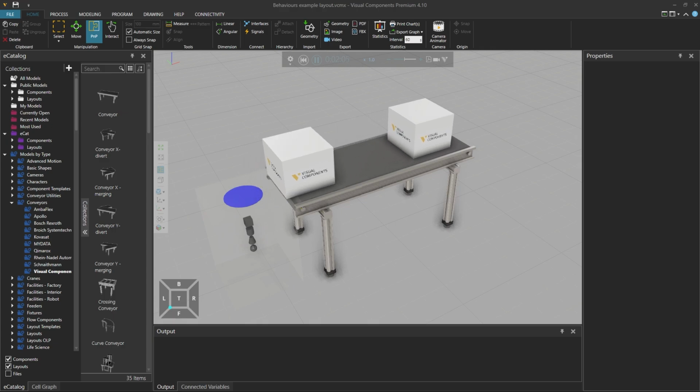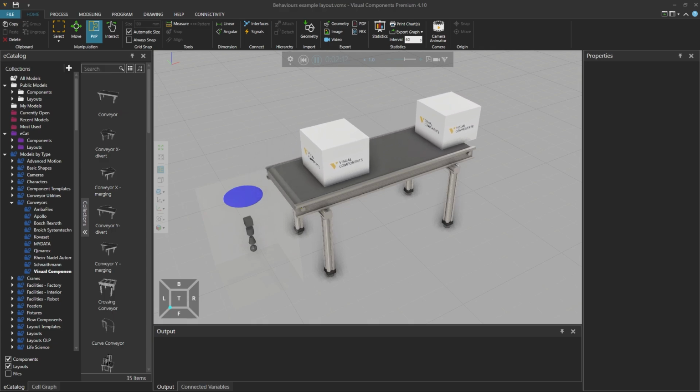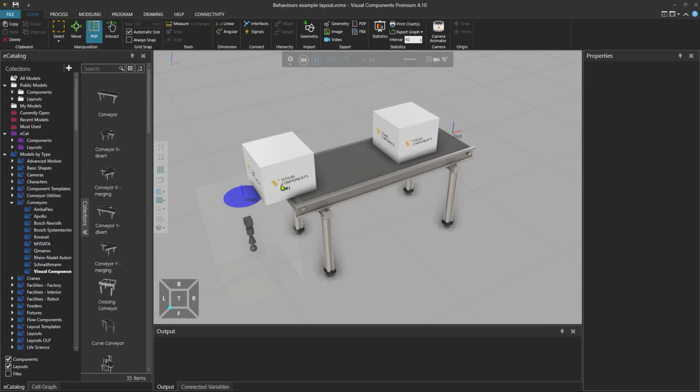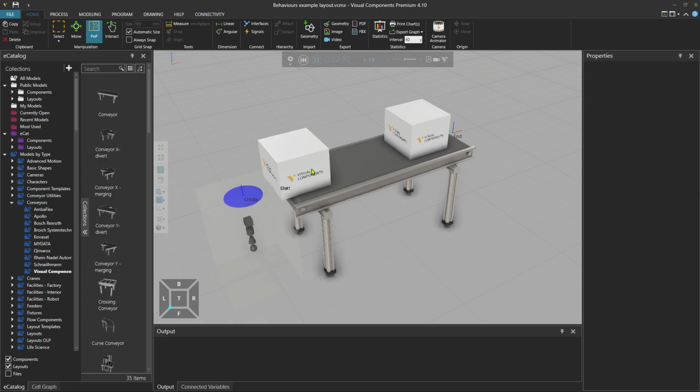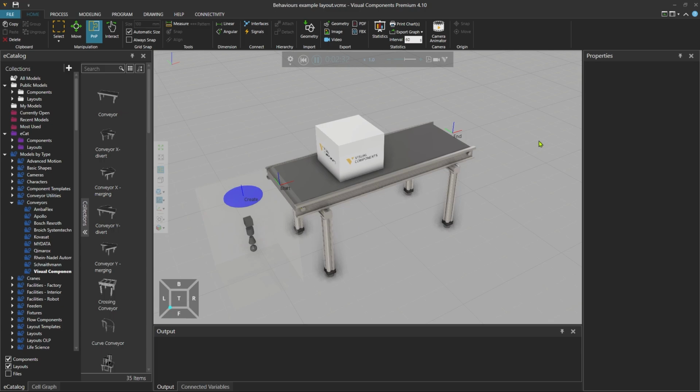Most of the behaviors are bound to a certain position in a component, but not to the actual geometry, rather to frame features in the component's feature tree. For example, the path behavior, which defines where the conveyor track is located in a component, does not rely on the visible geometry, but on the frame positions, located at the beginning and end of the geometry. And now resetting the simulation.